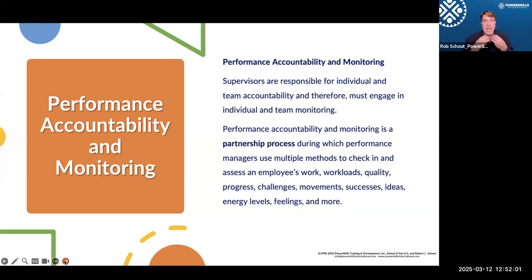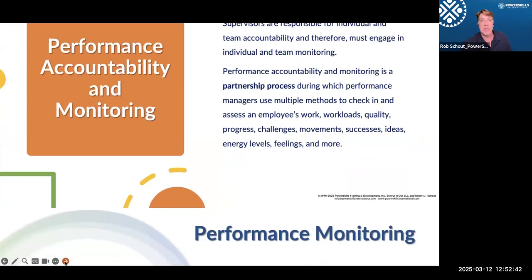We're also looking to account for and monitor any challenges, but also account for successes so that people can get proper rewards and praise. Also, holding people accountable for engagement and ideas, and also monitoring their energy levels or their feelings about things or about their work or just how they're doing during the day. So, in performance accountability and monitoring, we're not just looking at a work task or a priority or time. That is all taken into consideration. But there are more things that we are looking to account for and asking employees to account for.